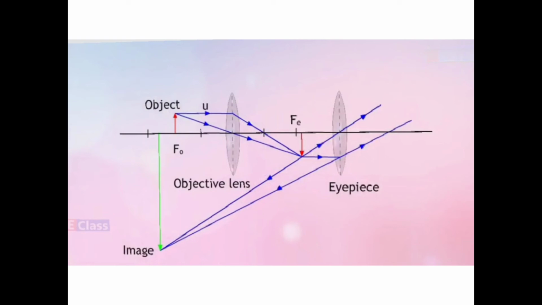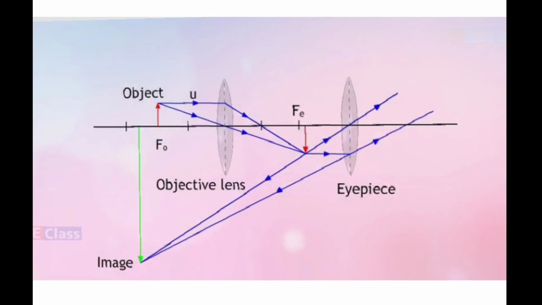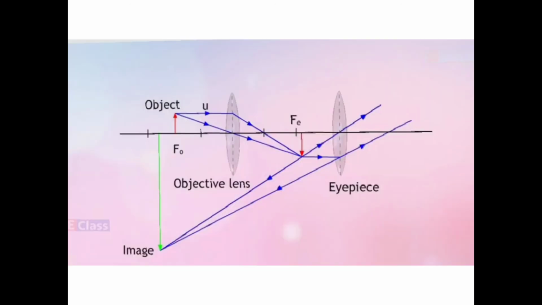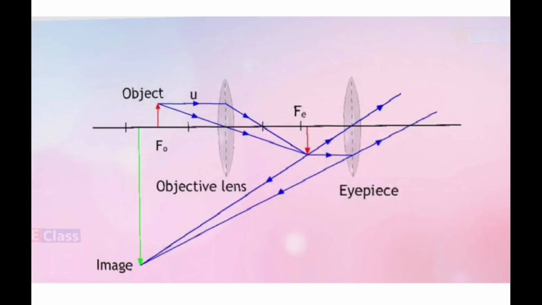Now understand how the magnification is done. See, here I am having the objective lens. Here is the object kept. So one simple image, how we are going to get: you can see that the image formed is a little bigger than the object, but it is inverted. You are getting a real image, no doubt. So here you are getting the image.